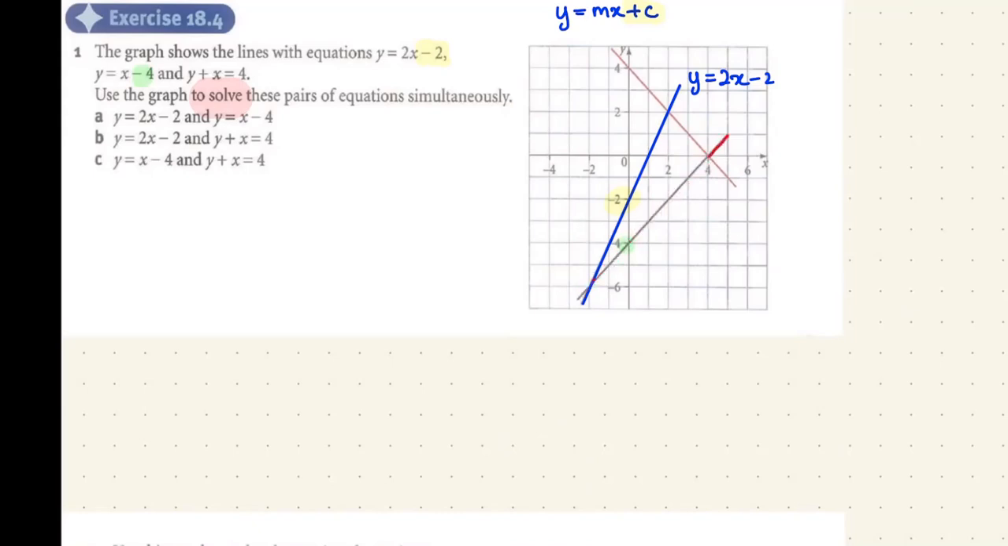Very good. Well, naturally, the other line will be y + x = 4. All right, since we have all the lines already,